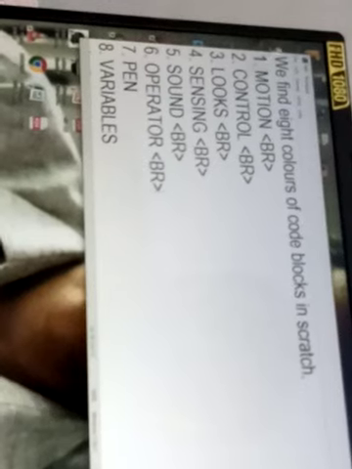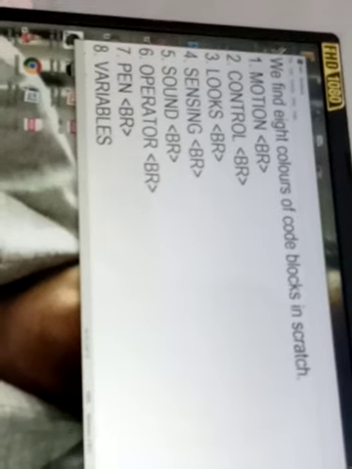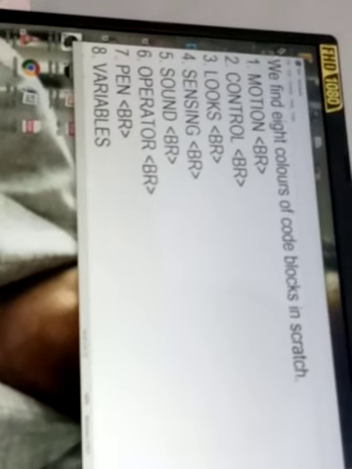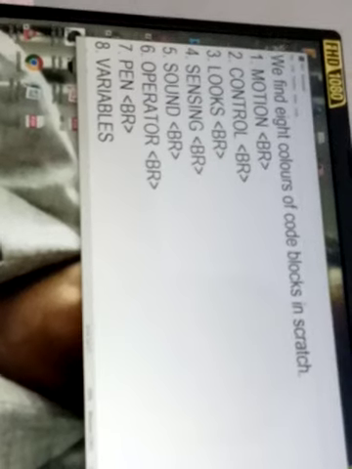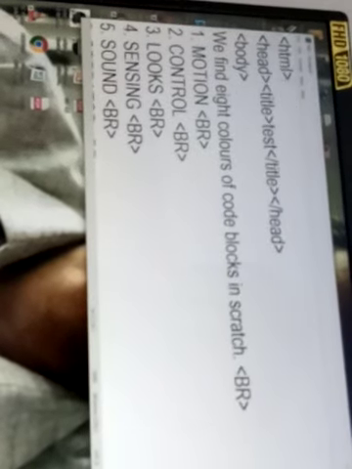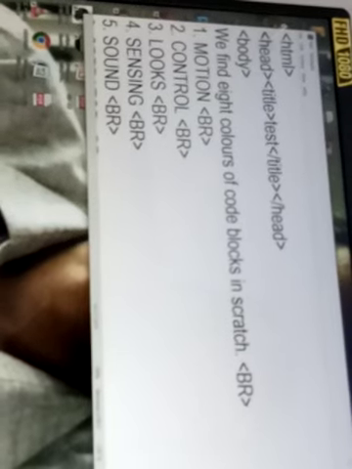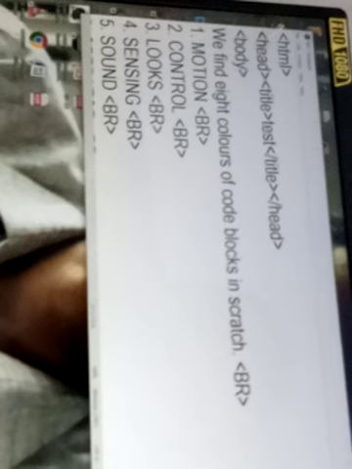Here I have used the copy and paste command, so it becomes easy for me to write again and again. I don't need the BR tag for the last line, the one for variables, because by default it will move to the next line. So here also I will be writing the BR tag. Now in our body tag I want to make it attractive. So what I want to do, I will display my web page in a colorful manner.